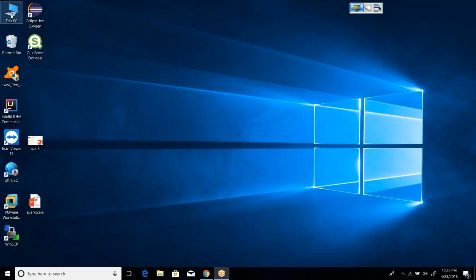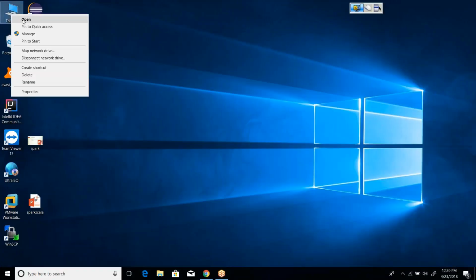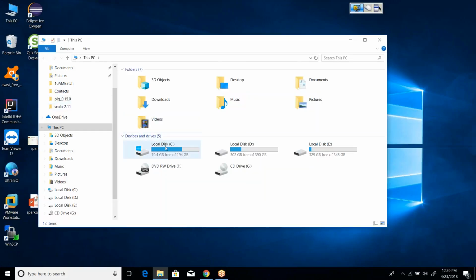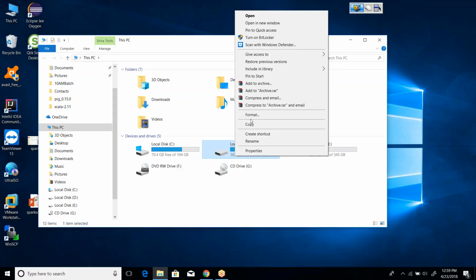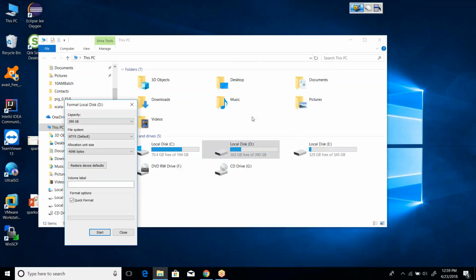Now, in This PC, I right-click on this drive. Can you see Format here? I click on Format, and can you see something here? The file system shows as NTFS. And we have one more file system called FAT.